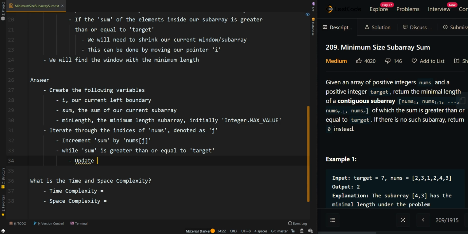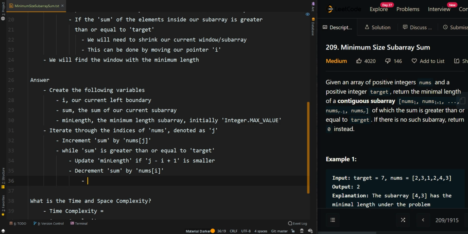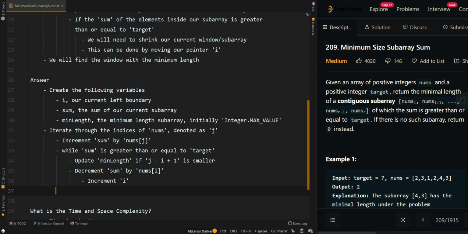So we want to update min length if the length of the current window is smaller, because we have found a valid subarray where the sum is greater than or equal to target. Then we want to decrement sum by nums[i], because we want to shrink our window. Then we want to increment i. Then we want to return min length